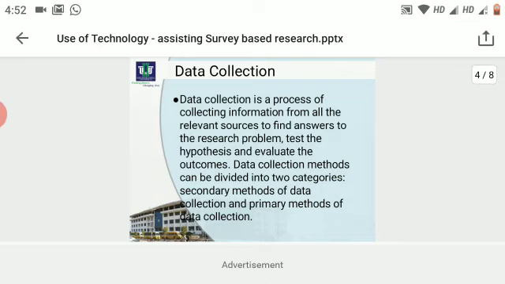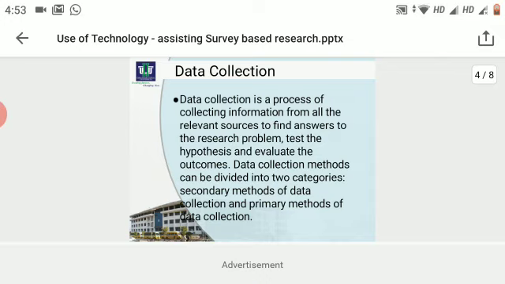If we compare the primary data and secondary data, the secondary data is the data we are already having with us, which is already available, maybe over the sites, maybe in the books, maybe in journals, in any form. The data is available and we are using it for our research, maybe as a literature review, maybe referencing or inferring our research upon that, which we take as the secondary data.